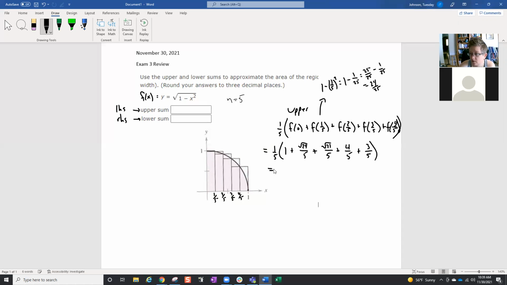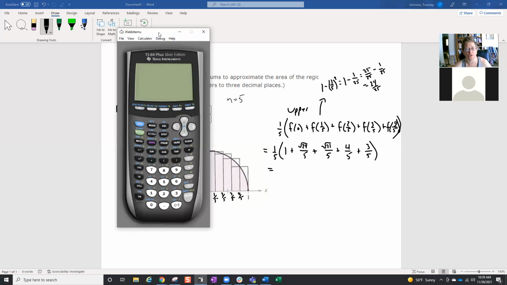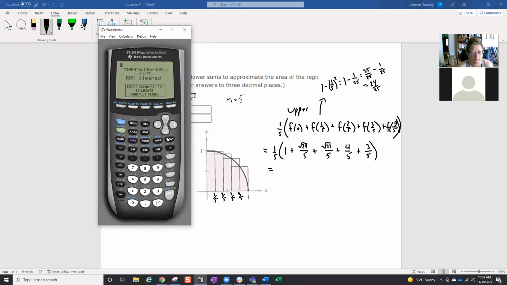And now we will put this in a calculator because our brains have done the hard part. We'll let our technology do the easy part. So 1/5 times 1 plus the square root of 24, come out of the radical divided by 5, plus the square root of 21, come out of the radical divide by 5, plus 4/5 and 3/5 make 7/5. And we'll close our parenthesis to get